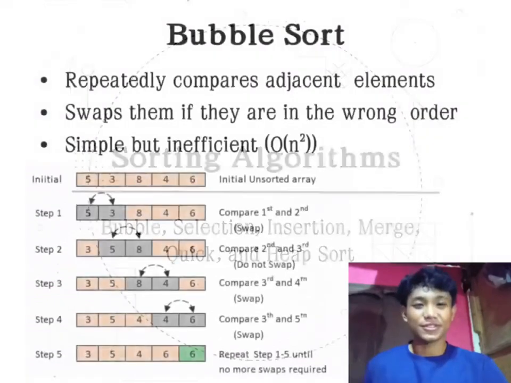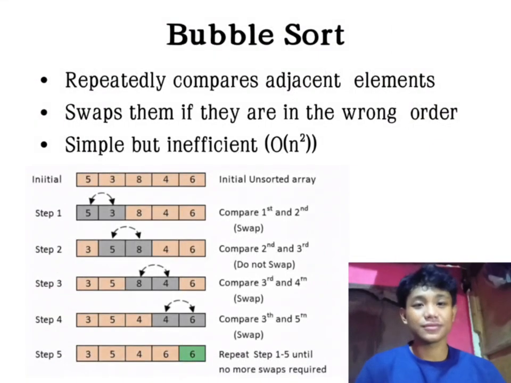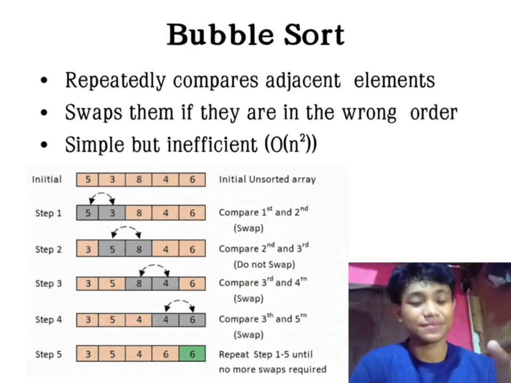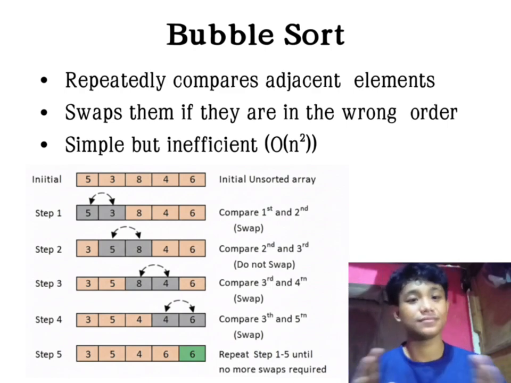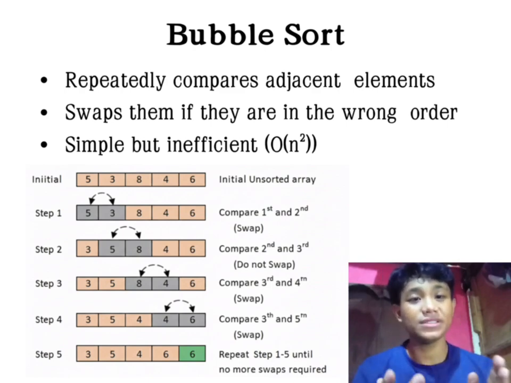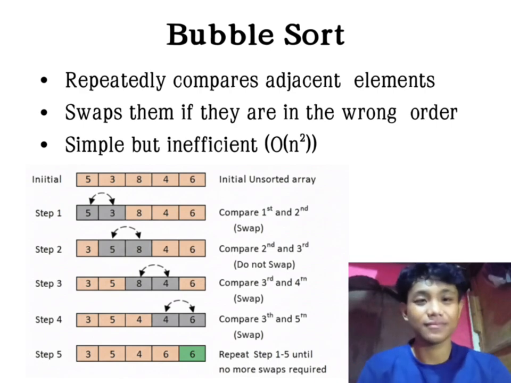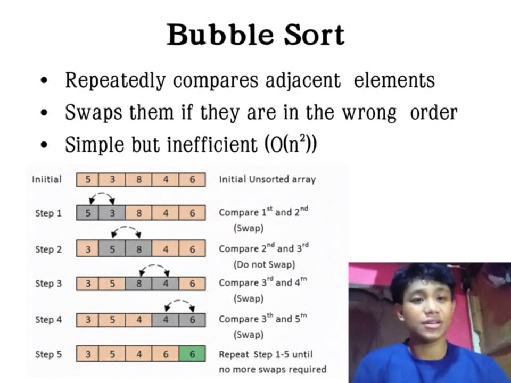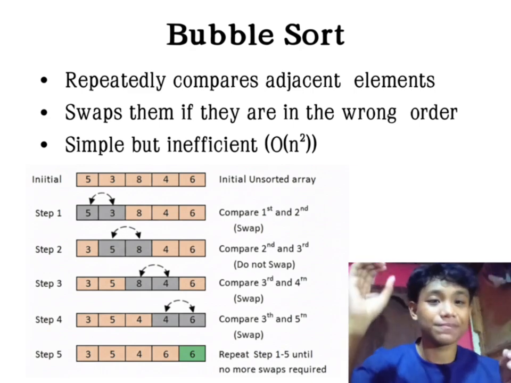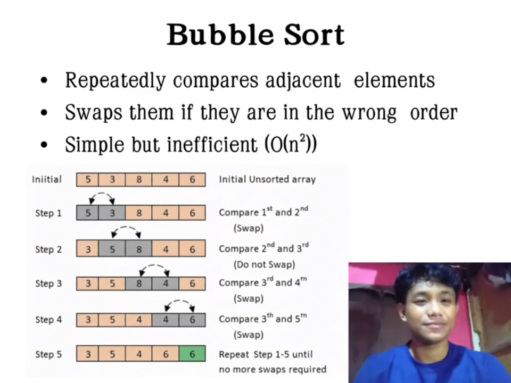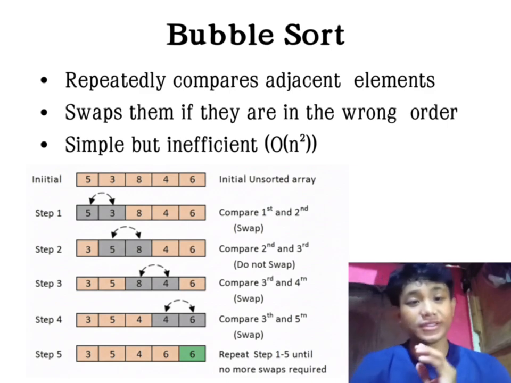Firstly, bubble sort. In bubble sort, we compare numbers two at a time. If the left number is bigger, we swap them. We repeat this again and again. The biggest number is slowly moved to the end like bubbles going up. It's simple but slow when there are many items.